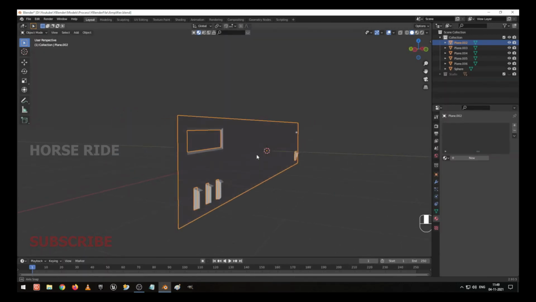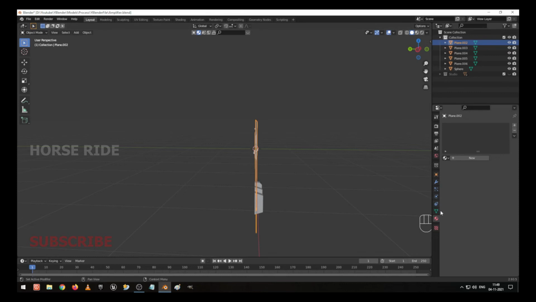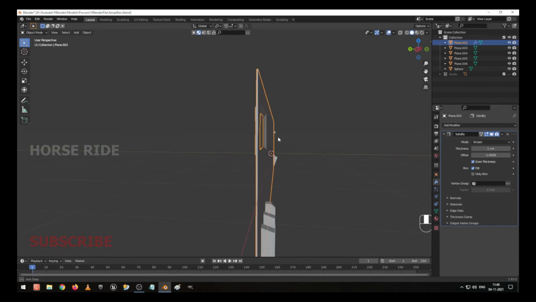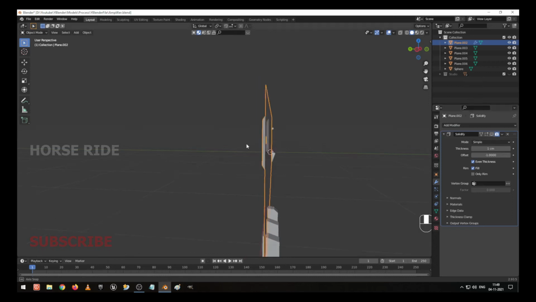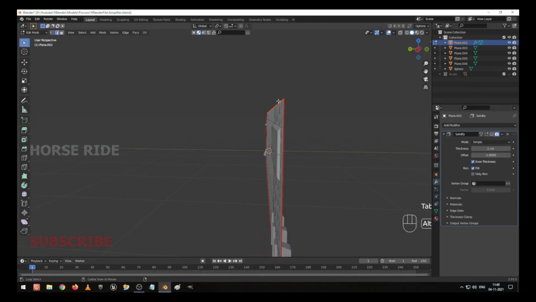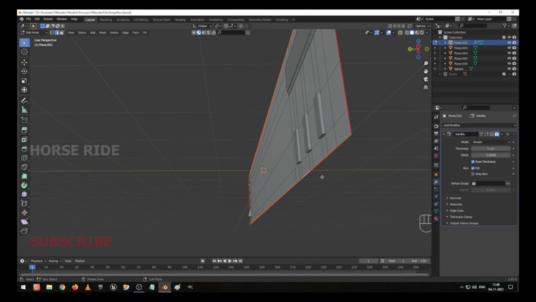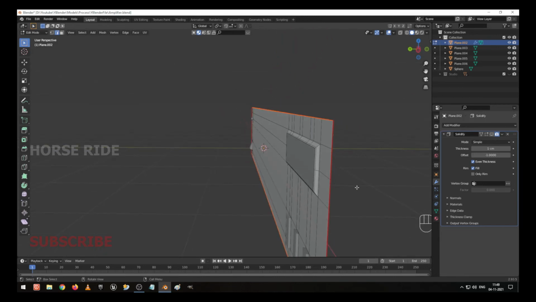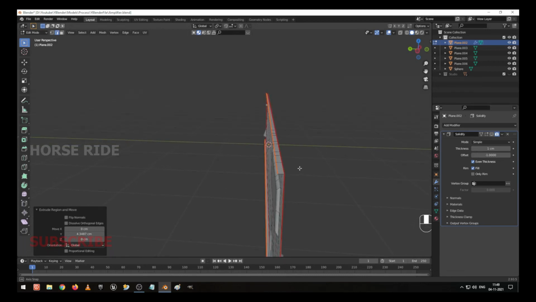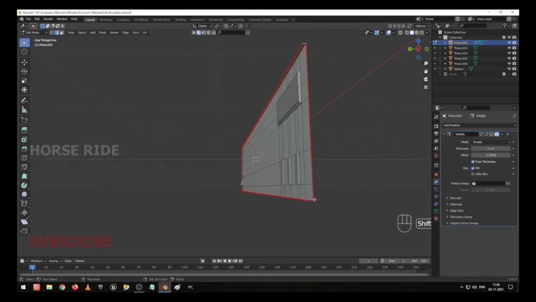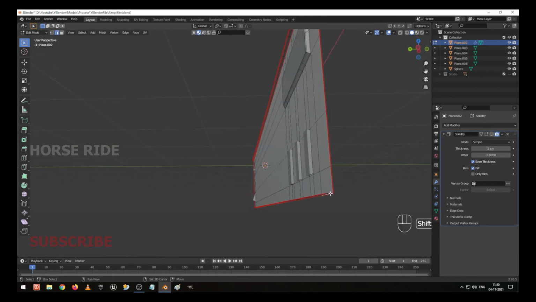So I go to the layout and go to the modifier tool, add a solidify modifier, even thickness. Okay, here instead of doing these two, I go to edit mode. We have to create one more edge loop for this. It's edge selection for this. E to extrude in Y axis. So now I created an edge here, which is required for this.